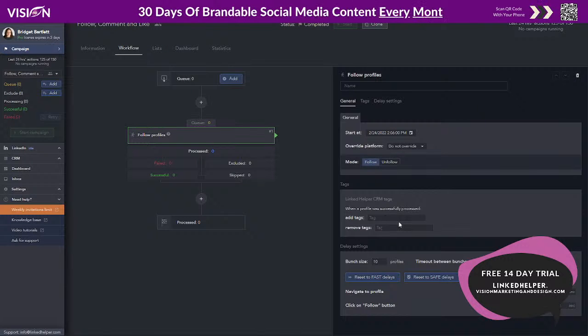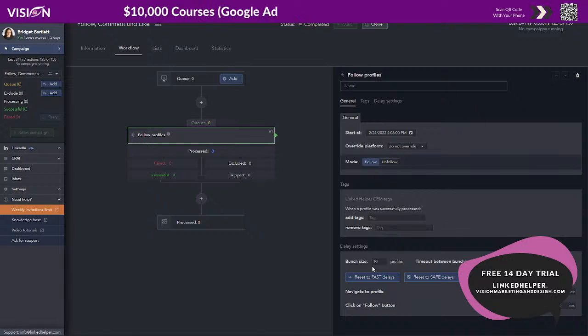You can add tags or remove tags. I'm not really concerned about that. And then you can also choose the delay settings. Now, delays, this is how they can get away with this automation, because this system is designed to mimic your actual activity on LinkedIn. We'll talk about in just a second how you can set the limits, but you want to be very cautious of the limits so that it doesn't recognize that this is a robot running for you. So it definitely is something that you want to set maybe in the middle of the night and then just basically forget about it.